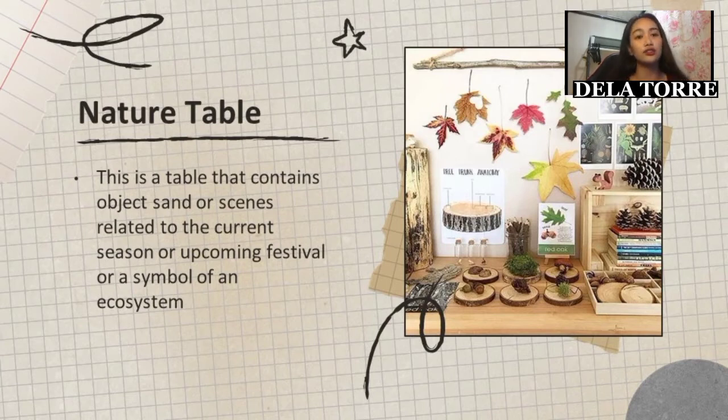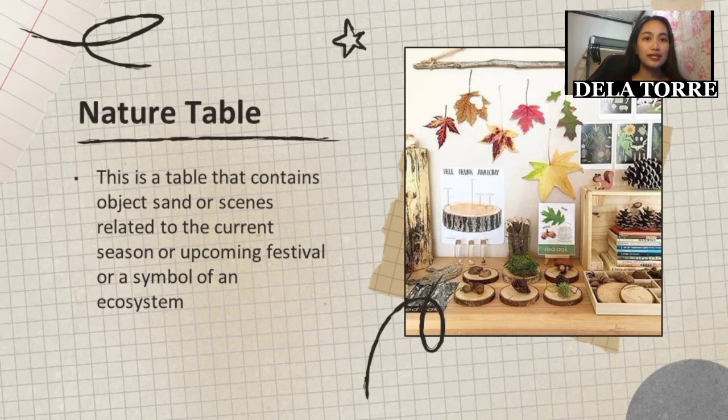So good day everyone, my name is Jennifer Saturday de la Torre and I'm here to talk about nature table, writing board, and flip chart. So let's start. Nature table. So nature table contains objects, sounds, or scenes related to the current season or upcoming festival or a symbol of